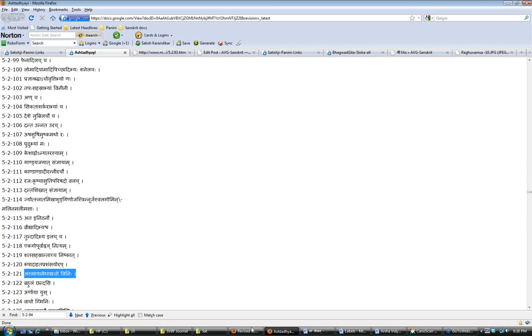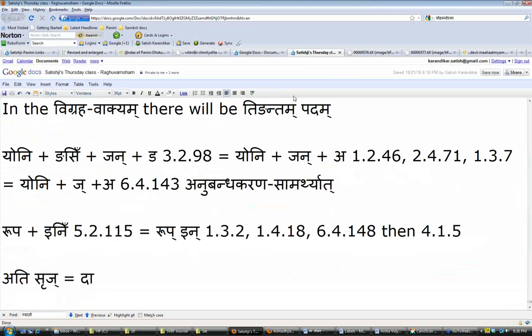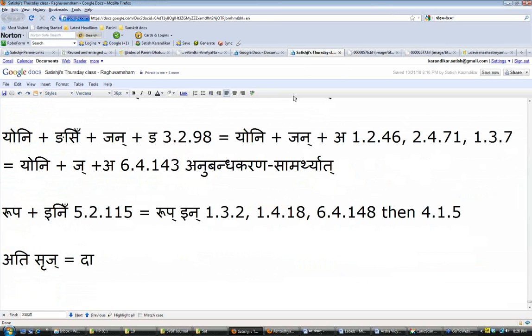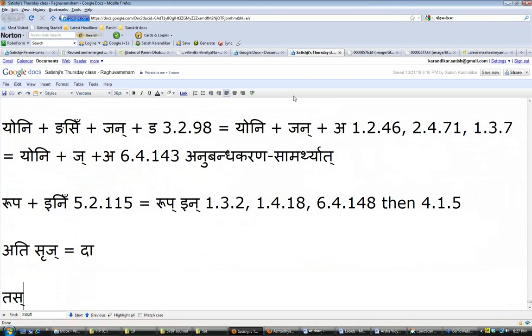Tapasvini. Because it's not Padanta. Well, you tell me. So what would you use over here? Tadasyasti asminiti matup. So tad is prathama vibhakti. When you do the vigraha vakyam, you get tapas. While you're thinking, I'll give you some time to think. So tapas plus you take su. So one who has tapas, tapas plus su, plus the pratyaya is